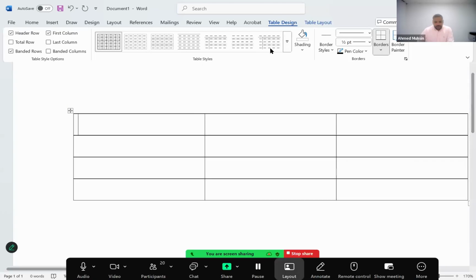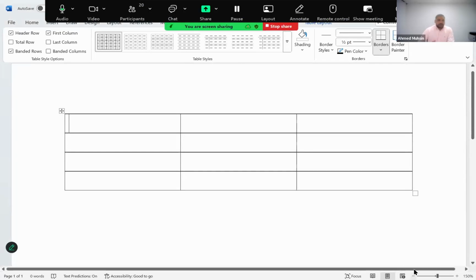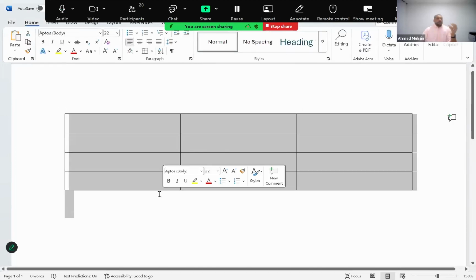Right, now boys, girls, everyone, look here. We have a table here now. A table is a collection of rows and columns. Agree? Everybody, do you all know what this is? This is an entire row and this is an entire column. Now everybody, look here. In HTML, when we create a table,